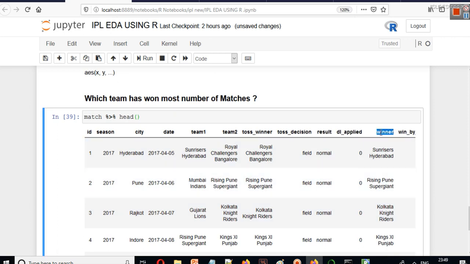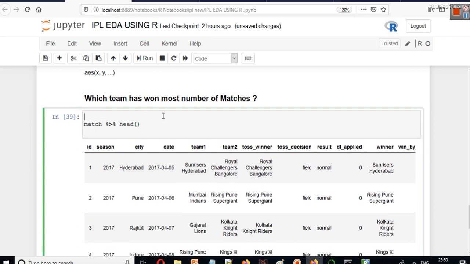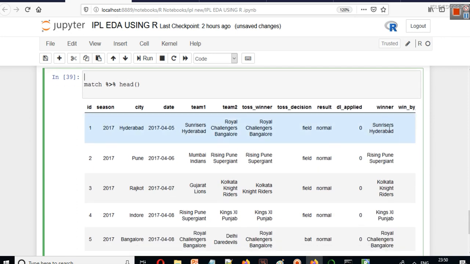When we have this column and we have to count data, which team has won the most number of matches, we simply have to count data. So we'll be using the n function again, but before using the n function, we now have to group this data frame. Whenever you have to count something like this, suppose in a column we have some values, and this is classified data.